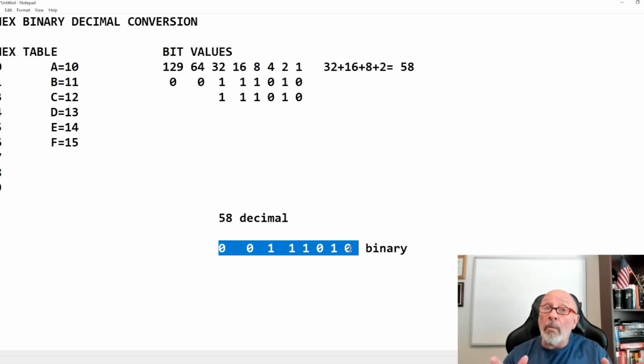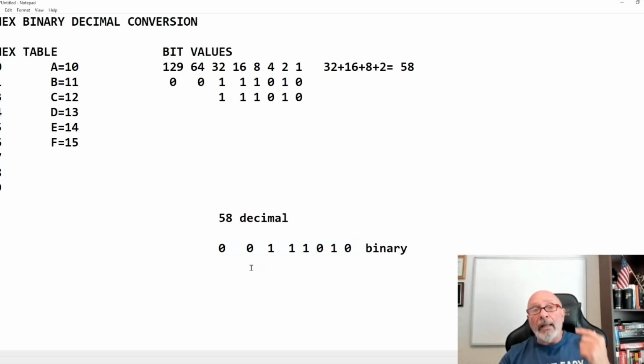And just so you know, your middle ground, whether you're going from hex to decimal, you go from hex to binary to decimal, or decimal to binary to hex. And if you start with binary, you can go in either direction. So I say to myself, okay, hex numbers, these values right here, 0, 1, 2, 3, 4, 5, 6, 7, 8, 9, A, B, C, D, E, F, each one of these is 4 bits long. So, okay, 1, 2, 3, 4. So I separate them like that.